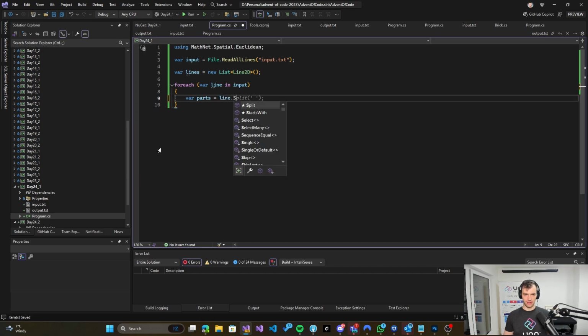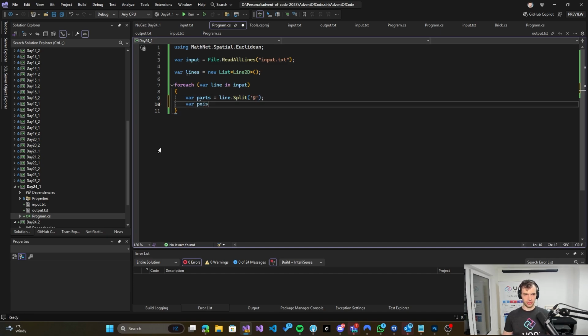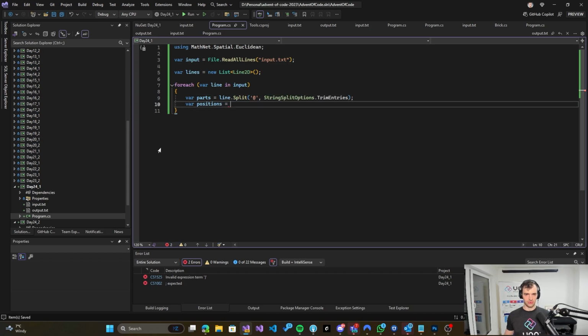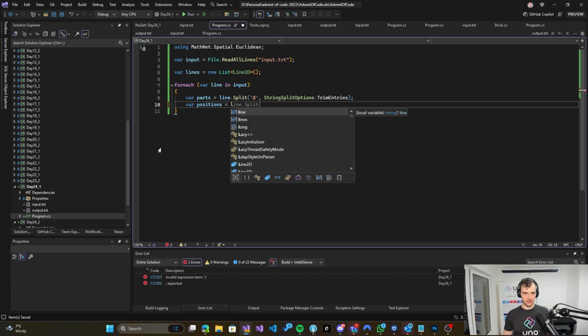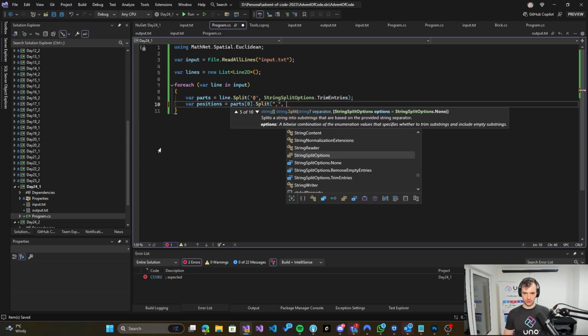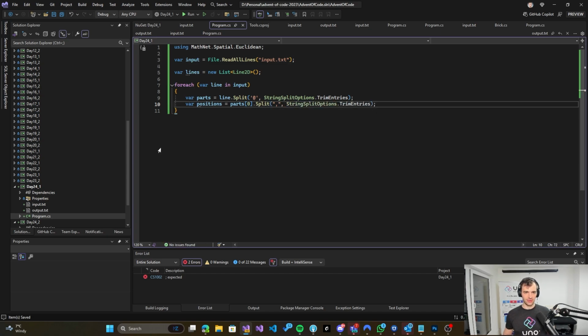It will be the line split by the at symbol, and then for positions, I will split, and I will have to use StringSplitOptions.TrimEntries just to trim it. Then positions will be line parts 0 split by the comma character, and again StringSplitOptions.TrimEntries, and the same thing for